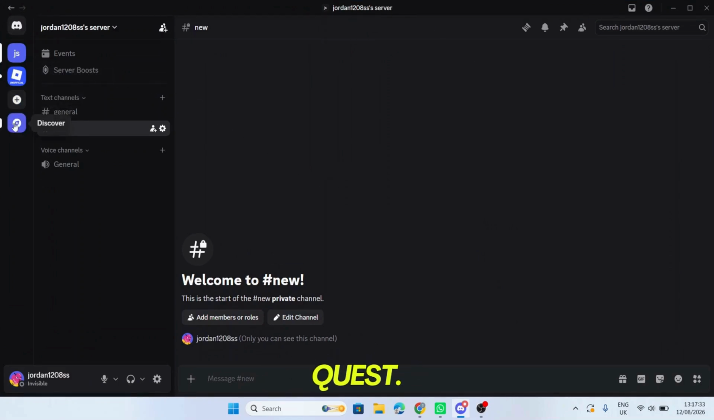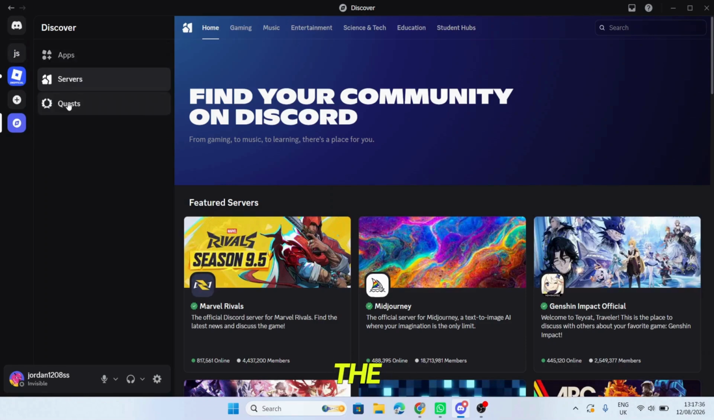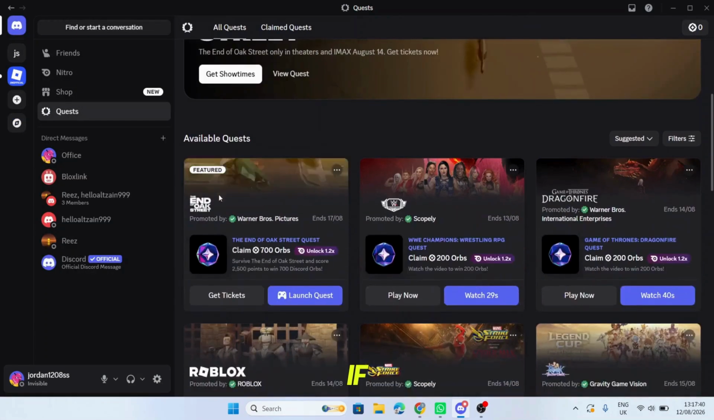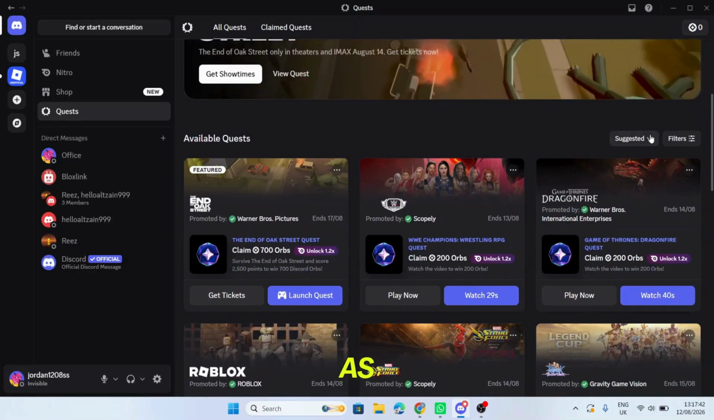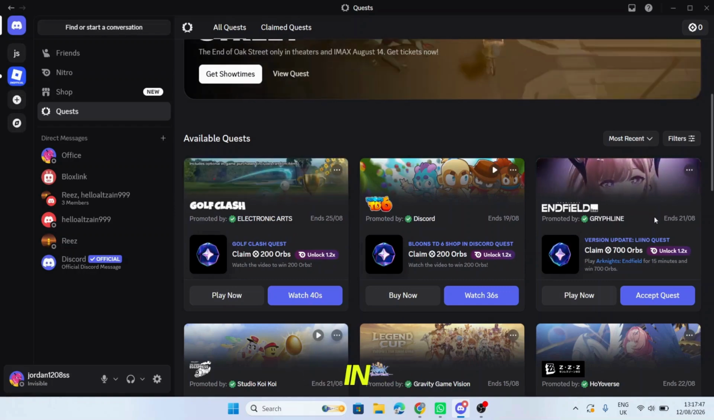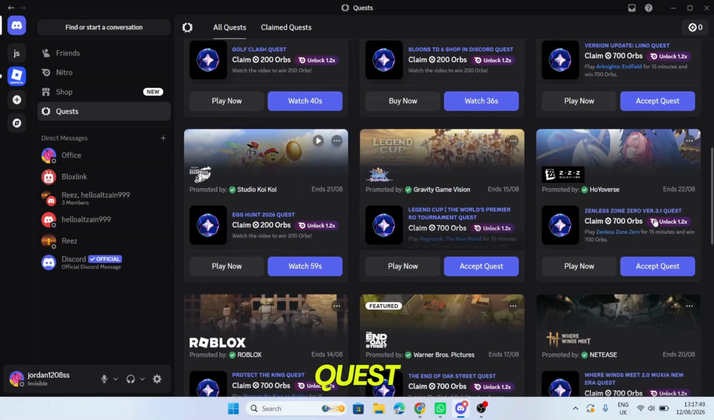From here, select Quest. Now, in the Quest section, find the NBA 2K27 quest and open it to view the requirements. If you do not find it, you can apply some filters as well. Now, once you have opened it, read the instructions shown in the quest page and select Accept Quest if that